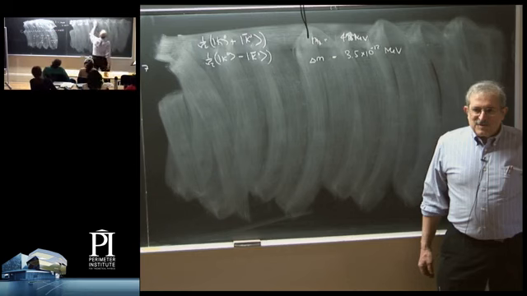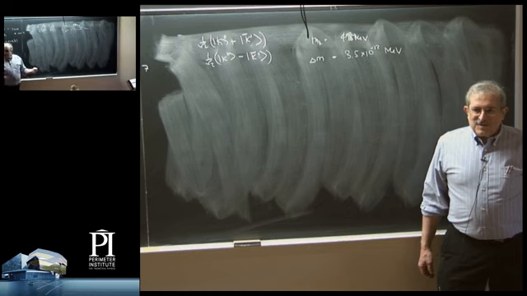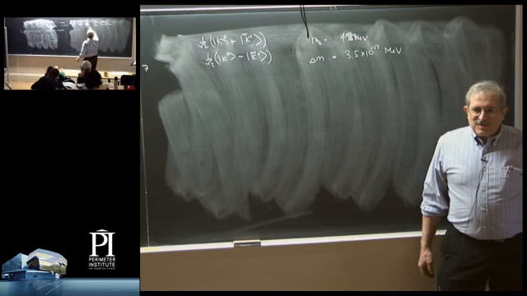And in fact, let me write down the numbers. The mass of the K0 is 498 MeV. And the mass splitting between these states is 3.5 times 10 to the minus 12 MeV. So that's a very small mass splitting. Actually, it's such a small mass splitting that this mixing process is macroscopic. It takes place over centimeters.